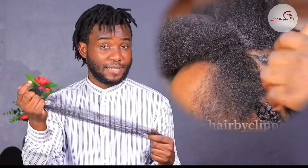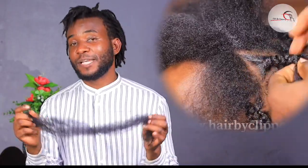This thing is very nice if you know how to plait it nicely, but if you don't know, it might be bad. That's why you hear people saying that kinky is painful, kinky breaks hair, but that is not right. The only thing is that maybe we always plait it badly. So those are the things that I wanted to share with you. But whenever you're doing kinky, please, you should know this: first understand someone's hair, the way it looks,